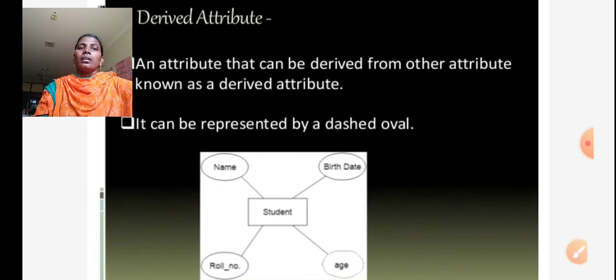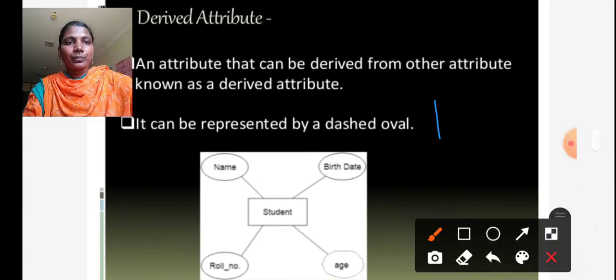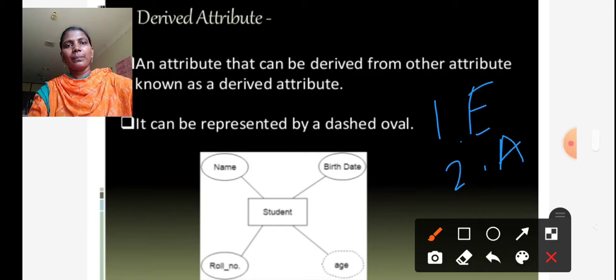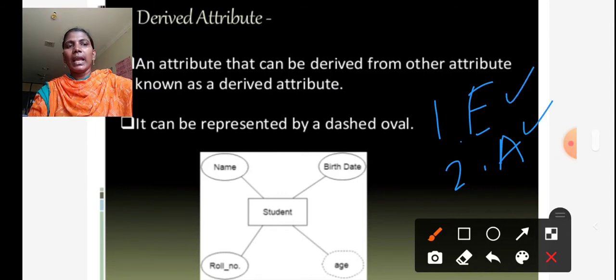So in the ER model, what are the building blocks present? One is entity and another one is attribute.